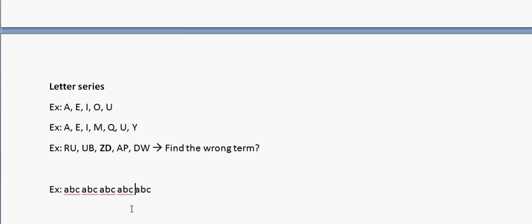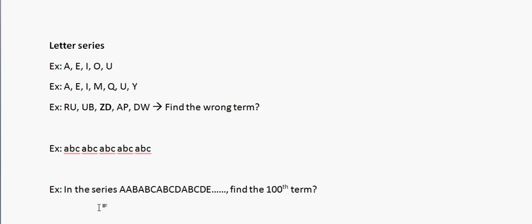So you have to look for a pattern which is being repeated in a continued kind of series, right? These kinds of questions are there in CSAT, but they are not very common, right? We'll have lots of practice questions based on this as well. And finally, this is a CSAT question, right? It says find the 100th term in this, which is A, then AB, then ABC, then ABCD, then ABCDE, right?